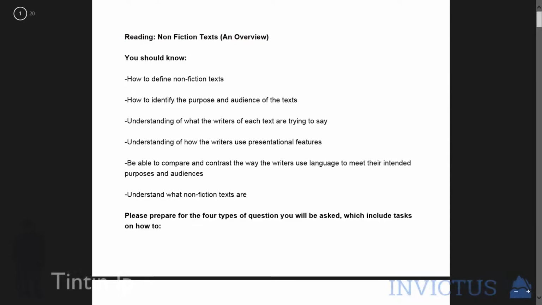Hello, and now we come to nonfiction texts. As per the curriculum, you have to read fictional stuff and non-fictional stuff, obviously. If you have to do non-fictional text, you should know how to define them, how to identify the purpose and audience of the texts, understand what the writers of each text are trying to say, and how they use